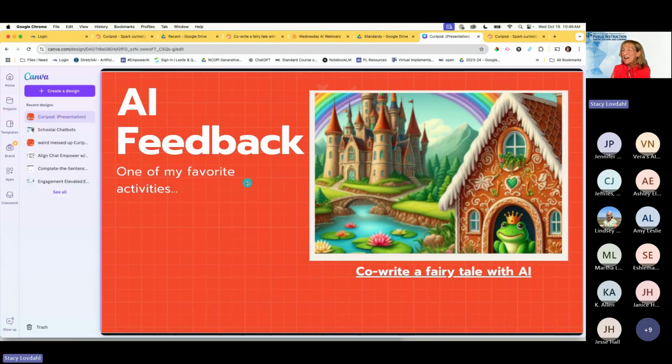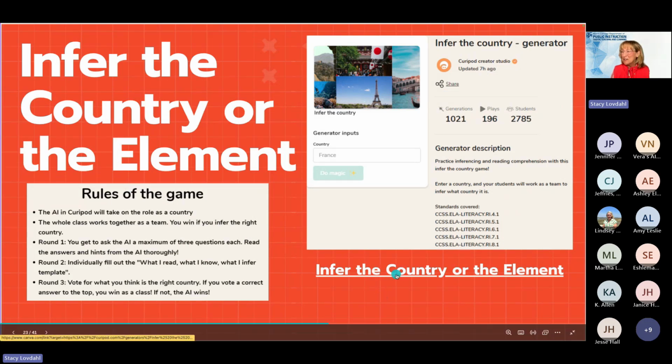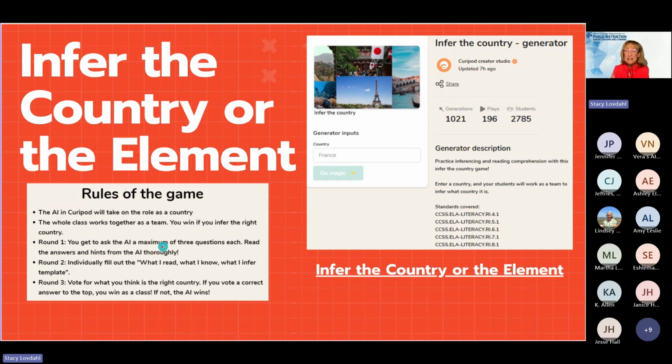Okay. Another example that I really like is Infer the Country or the Element. This is another pre-created lesson from Curipod. If you click on this link, it will take you over to the actual example in Curipod, and it'll put it into your account. The rules of this game, it's set up to be a little bit gamified, is that Curipod in the lesson takes on